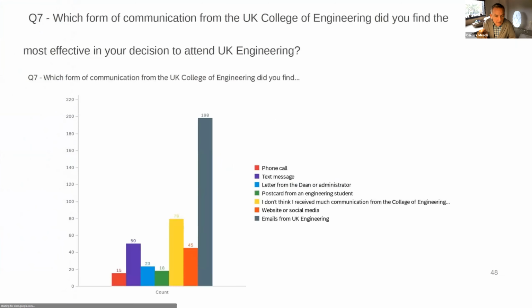Next, as you can see, emails. The students who come tell us our email campaigns are effective. I don't know if they're really, we always struggle with, are they responding to our emails? Are they responding to the institutional email campaigns? It's really hard to find with social media as well. When I do talk to students, they aren't really able to answer the question like, was it engineering content sent out from the college? Was it content sent from the university? So it's always been a little challenge for us to know what content is really having an influence on them. So anyway, that is my presentation.